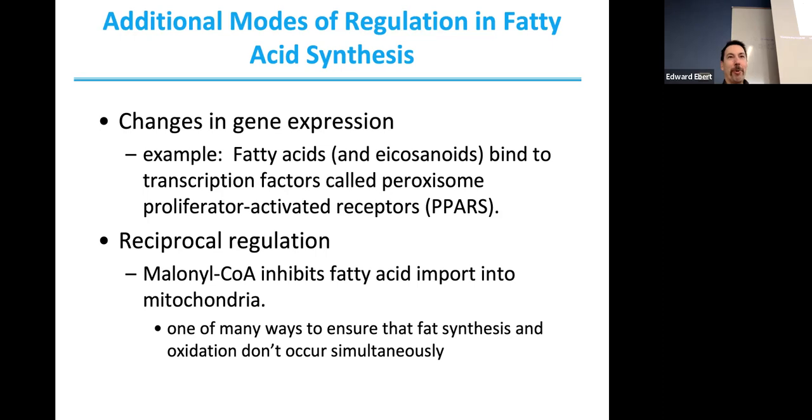There are also other ways to regulate fatty acid synthesis. So we've got feed forward activation, feedback inhibition, covalent modification. We also will see gene expression. So if you change your diet,